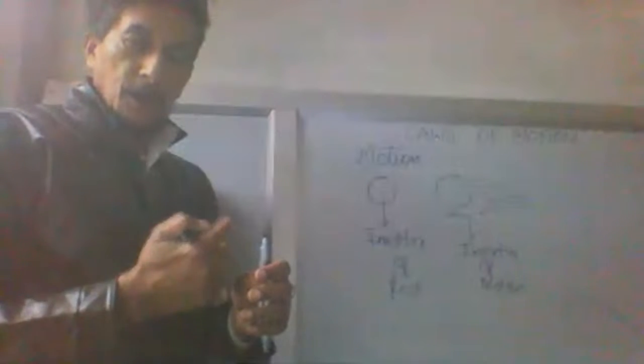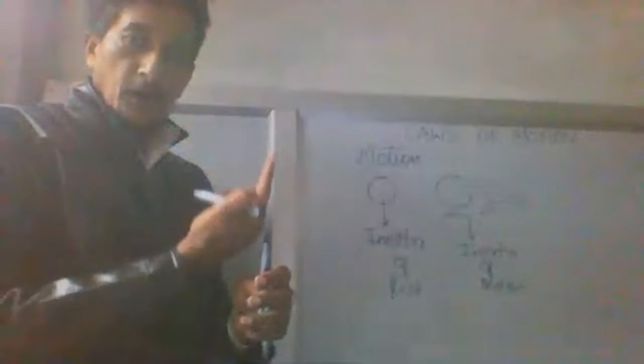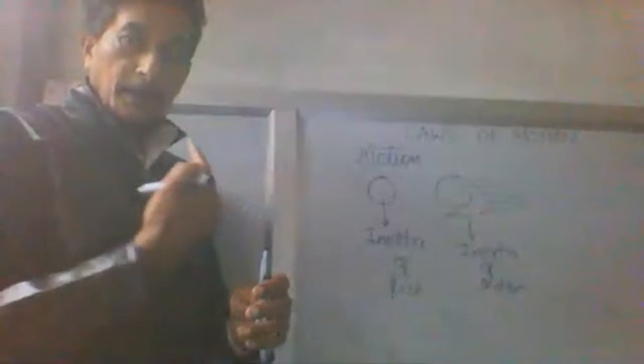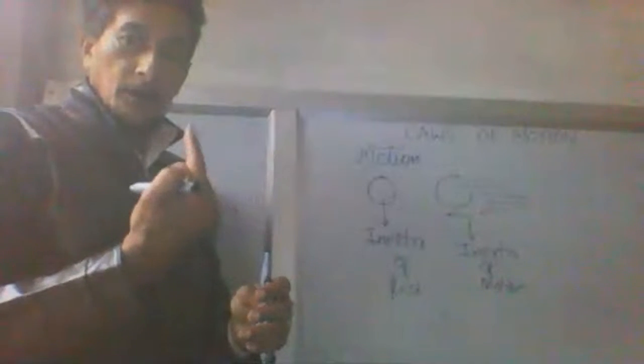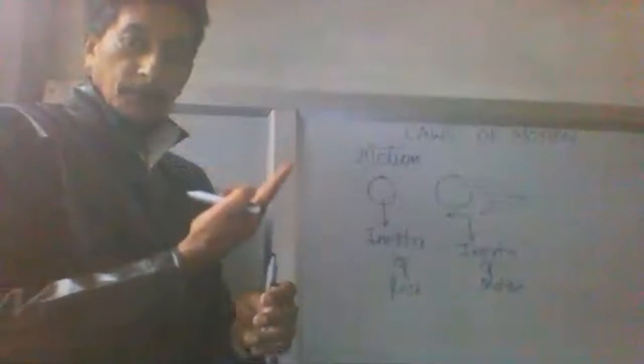But later on, scientists saw that a few bodies are in constant motion in a circular orbit or an elliptical orbit, like the Earth around the Sun or a pendulum around a particular